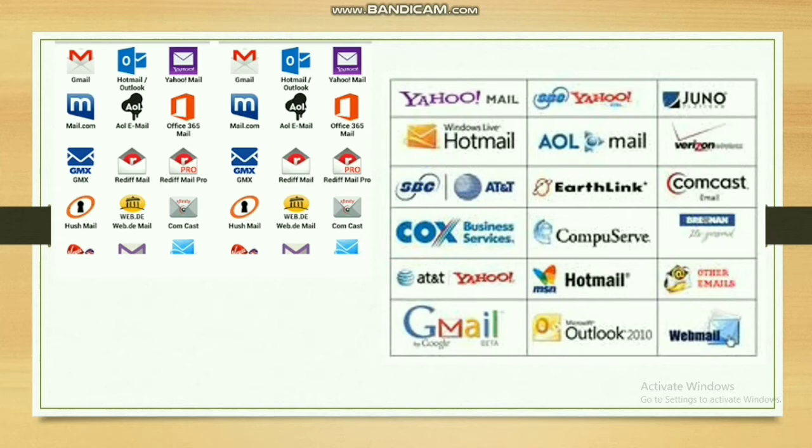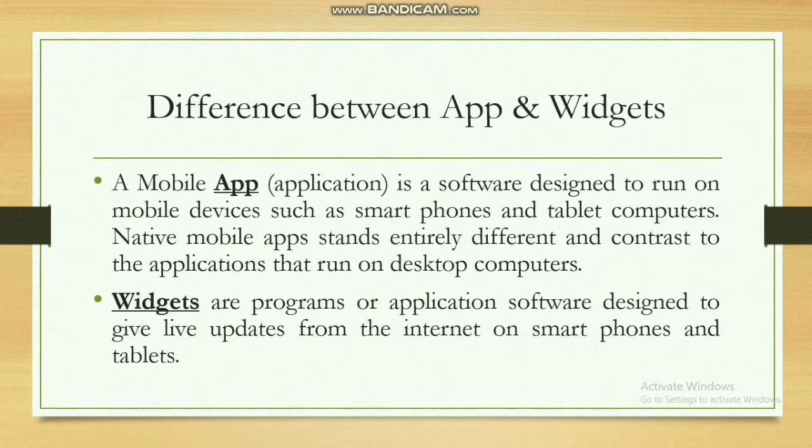What is the difference between an app and widgets? Applications used on the desktop had a specific purpose. For example, MS Word is a word processor application used for typing text, printing documents, and publishing books.